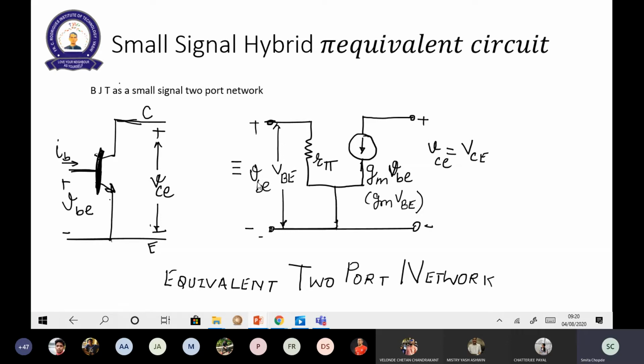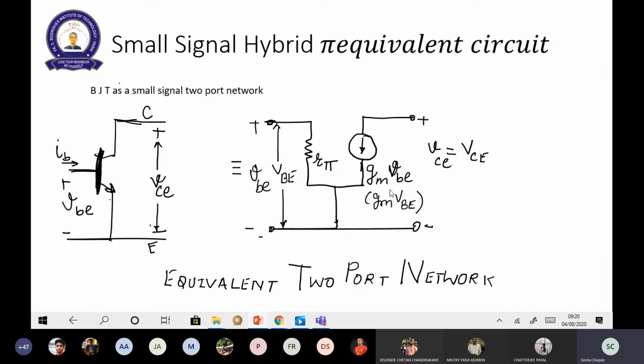So here also VBE, which is shown, this is AC signal. VCE, which is shown at the output terminal, small VCE, it is AC. And the large parameter which is shown, VCE, that is a DC polarity. Okay, so coming to the base to emitter terminal, it is observed that there is a resistance R pi which is existing between the base and emitter. We will understand how to define this R pi in the next coming slide.